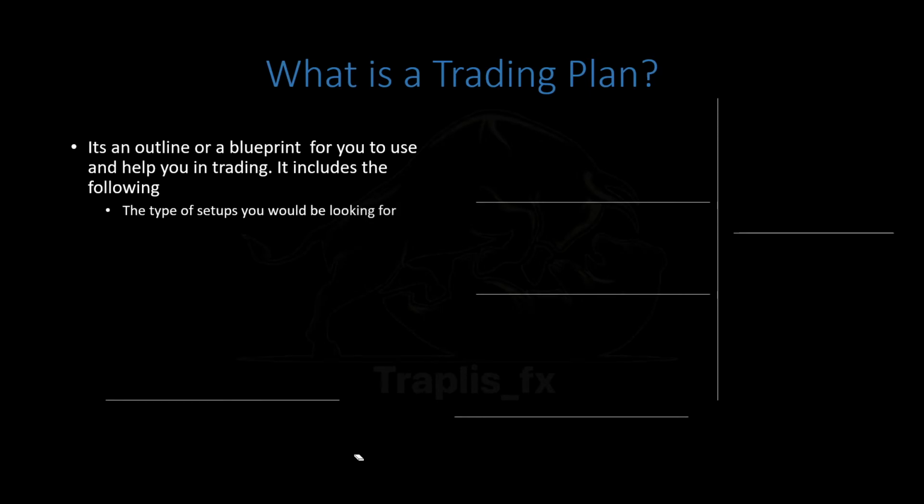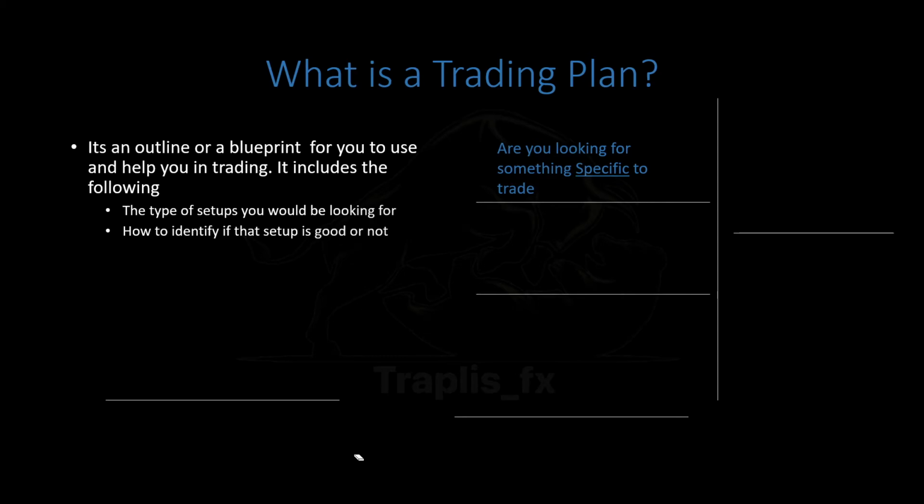So basically, this has to be something specific that you've seen, you traded before, and that worked. For example, let's say you trade double tops. So when you see a double top, you know where your stop loss is, you know where your take profit is, and this is something a lot of people ignore and not a lot of people talk about. You have to look for something specific that you know is going to work and be profitable for you. That's one. Then you have how to identify whether the setup is good or not.